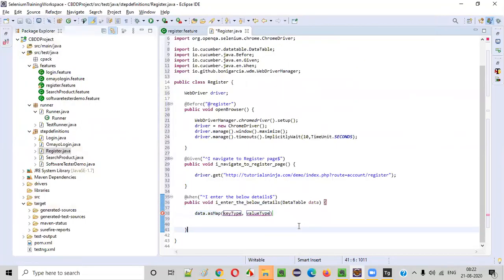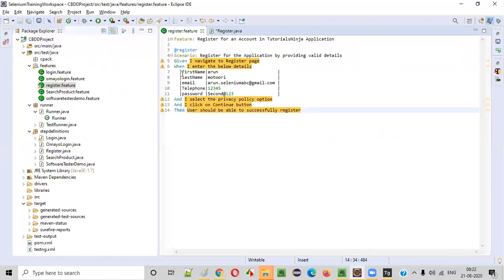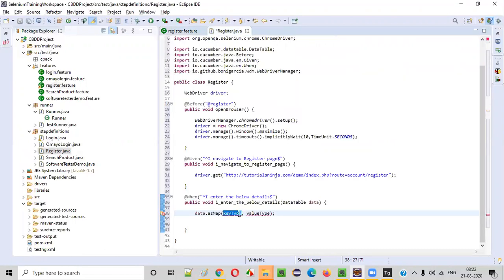Key and value, it's asking. What is the type of the key and what is the type of the value? If you go and look at the data, this is string, this is also string. All these are strings, and all these are also strings. So here we can say String.class, the type of the data. The key is of type String. The value is of type String.